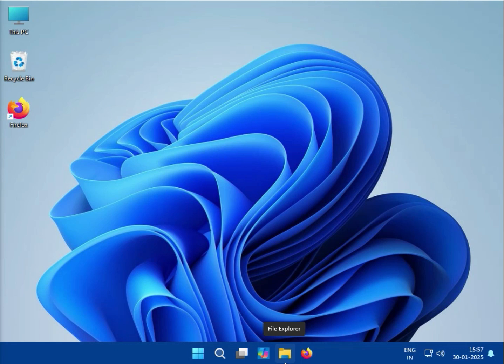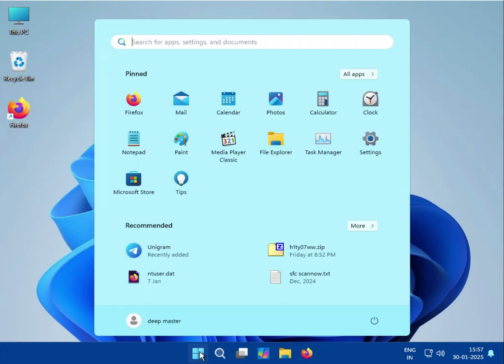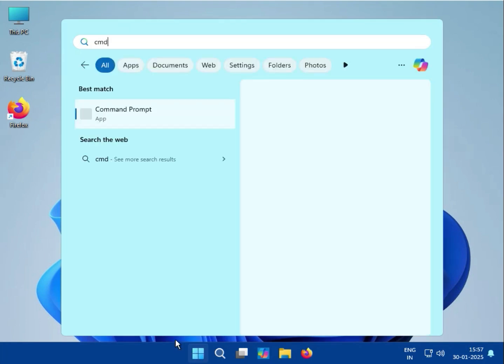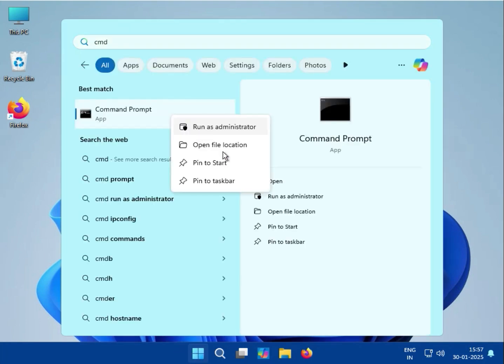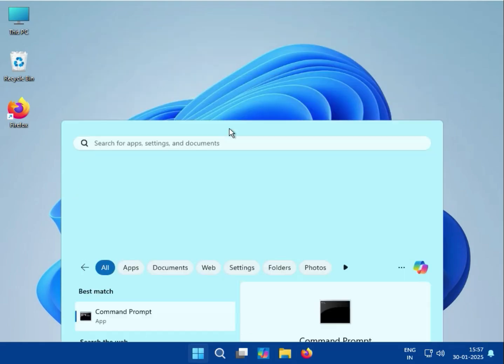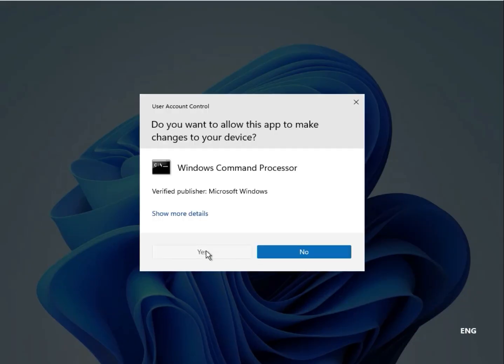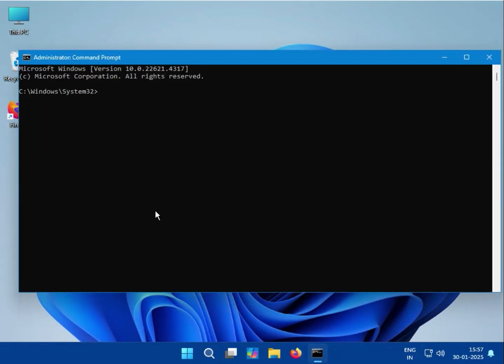So first method, make your account administrator. Click start, type cmd and then run as administrator, then click yes. Then guys, enter net